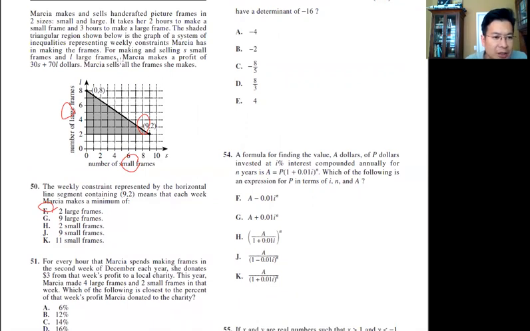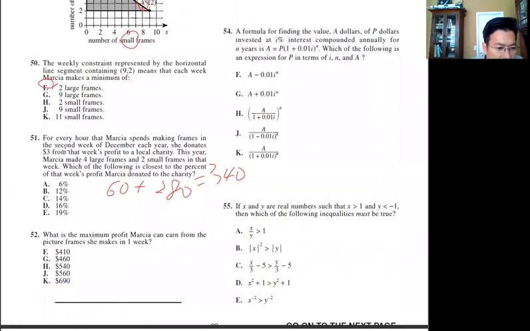Made profit is 30s plus 70. So 4 too small, so 60 plus, I mean, large is 4 large. 4 times 4, 280, so which is 340. And it says $3 from the weekly profit of local. So $3 is